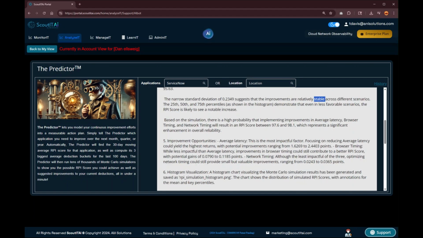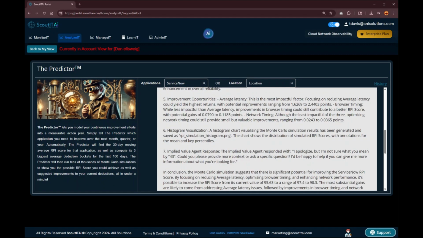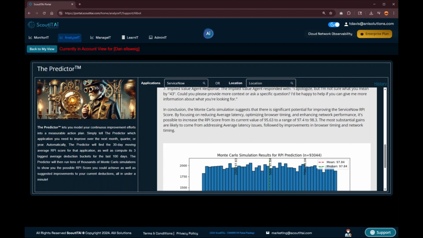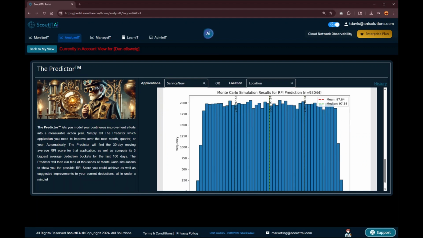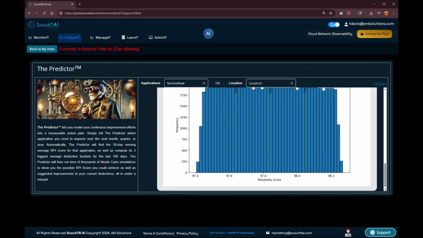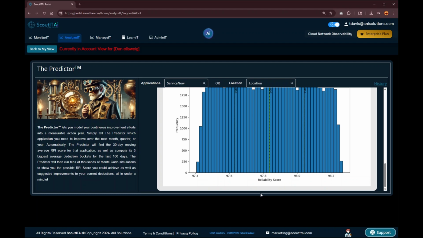Improvement opportunities gives you a little bit of advice. He's programmed so that he shouldn't just return statistics. He should talk to you a little bit about what he thinks from a generative AI standpoint, and he says there's significant potential for improvements. Then we get down to the actual percentile histogram showing why he came up with the recommendation that he did. Out of the roughly 97,000 simulations he ran, here are all of them. When you make your improvements, where does the score end up? In this case, you can see it falls above 97.8.